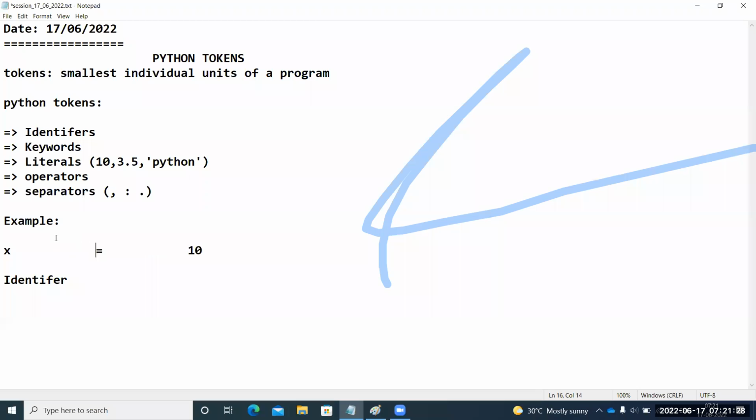The very next topic, the identifier, I will talk about it. No issue, no worry. This is under identifier category. Understand? What about this 10, this value 10, guys? Is it an identifier or a literal? What is it? Obviously, this is a value, right? Any value that is under literal category.